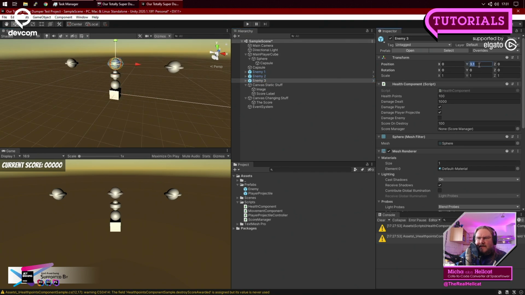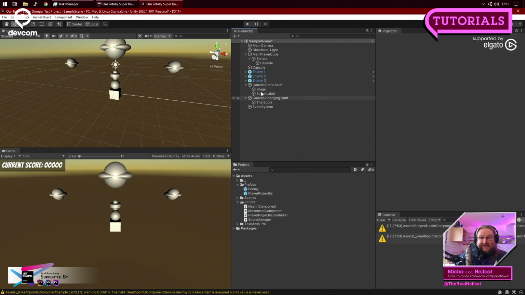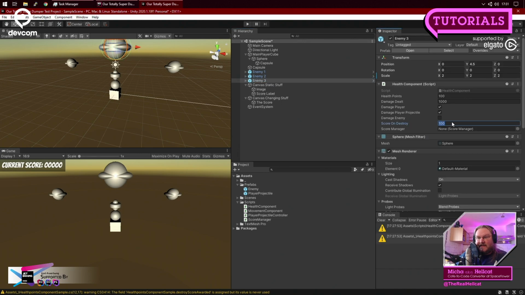So there it's at 3. How about 5? Yeah, that's a bit high up. Let's say 4.5 because I want to make it bigger, and then we scale this thing up by a factor of 2. So this is a huge enemy, and because this is a huge enemy, it also gives you 250 points, and